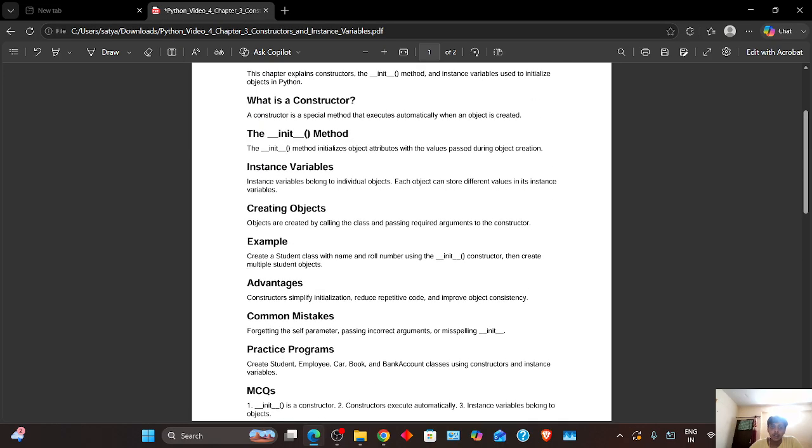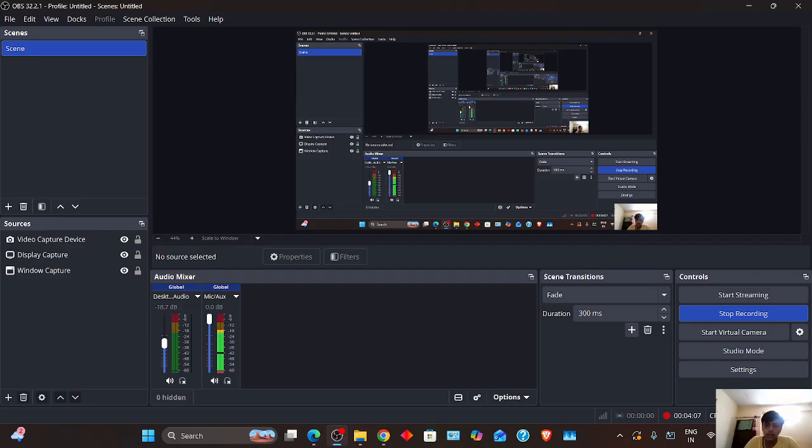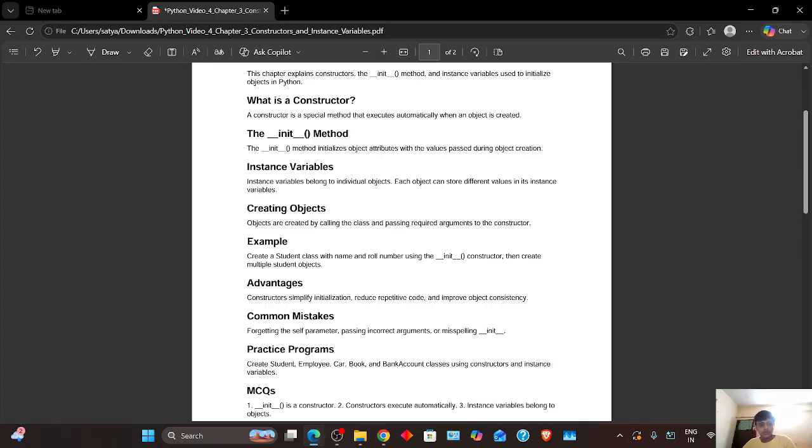The next one is the init function method. The init function method initializes object attributes with the values passed during object creation. Basically, in Python, constructors are created using the init function method. So its syntax is like